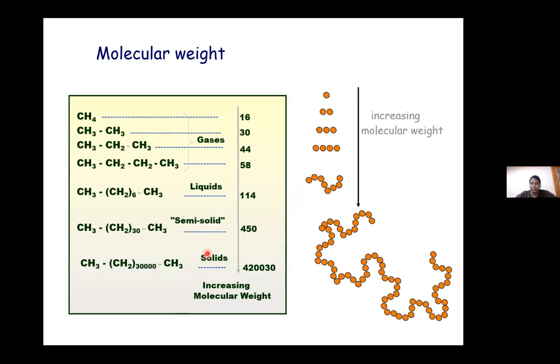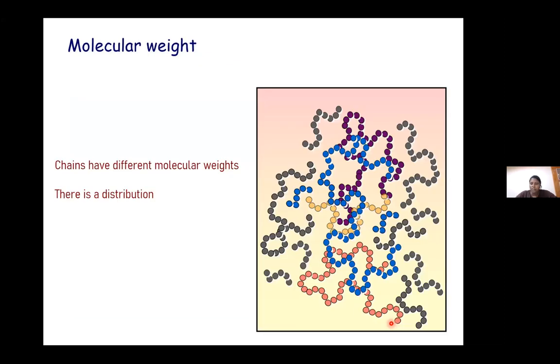Also, when we start with polymerization, we see that there are different lengths of polymer chains we can end up with, and accordingly, the molecular weight of this polymer also changes during synthesis. Also, we can control the molecular weight depending upon the polymerization technique which we choose. Not all polymerization gives one single kind of molecular weight. So there will always be a distribution in molecular weight. And because of this distribution, some kinds of properties also arise.